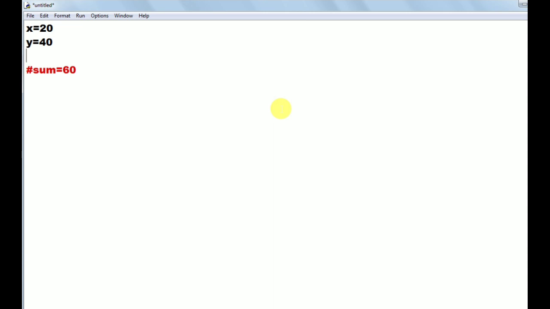So to print the data on output screen, we can use the print function. So I'm writing print. What we want to print, sum equals to, that is a string. So string must be enclosed in the single quotes. I'm writing single quotes here. Then we want to get 60. 60 means x plus y value. So in the brackets I'm writing the expression x plus y. Now close the bracket and close the function. So this is the code to add two numbers.